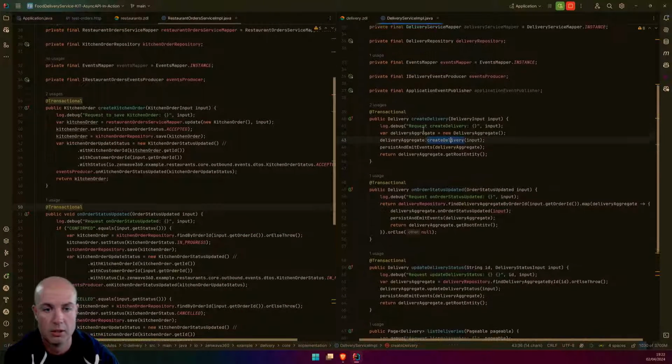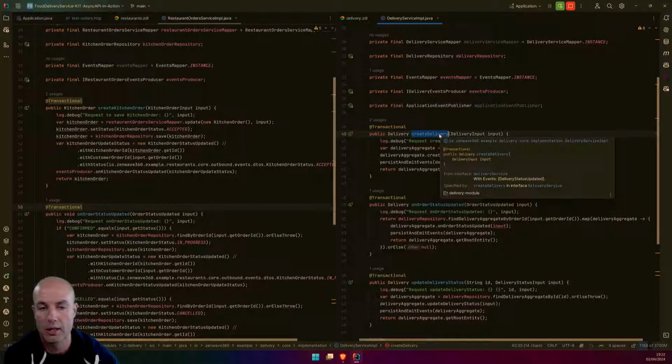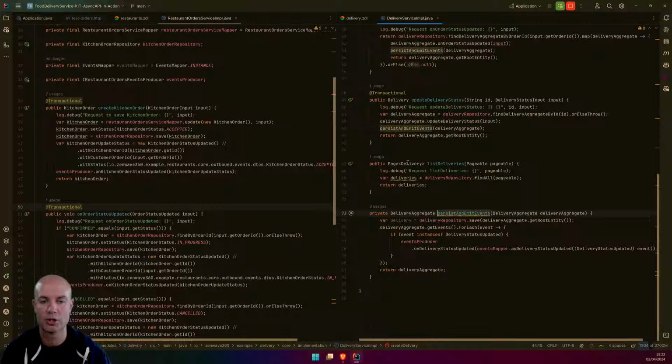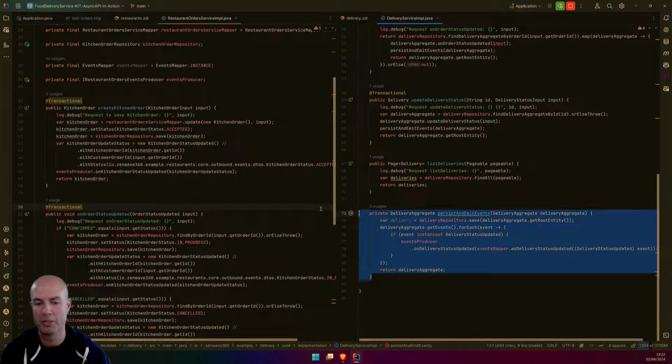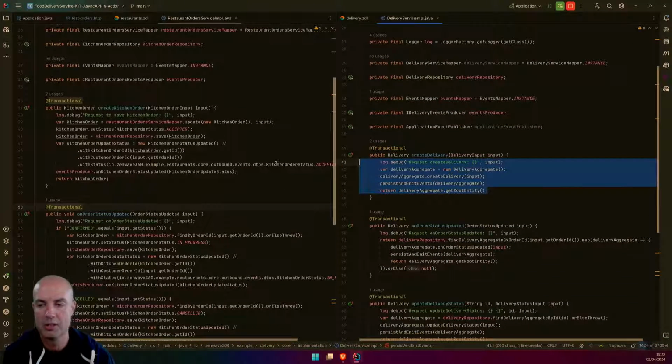As you can see, create a new delivery looks simpler with rich aggregates. Well, this is a bit misleading because there is also here a method for persisting and sending events that may grow, but the command itself looks simpler.